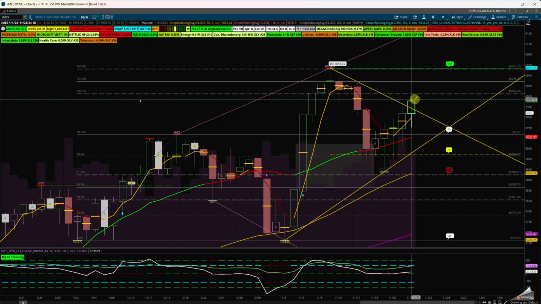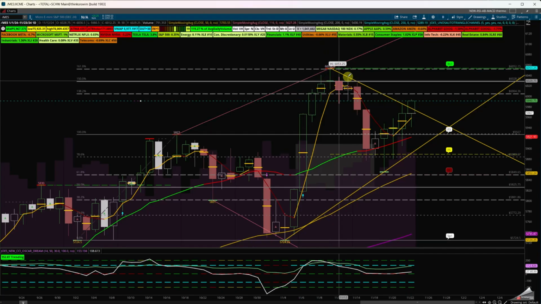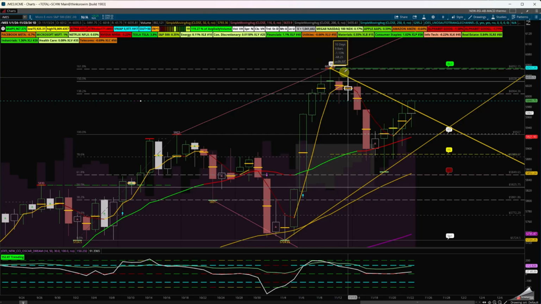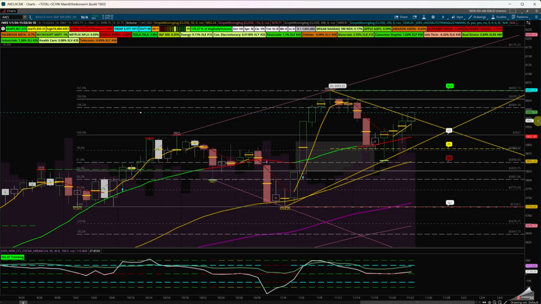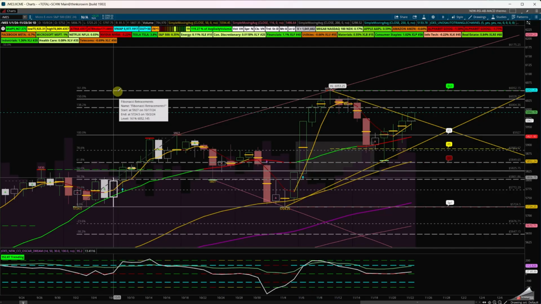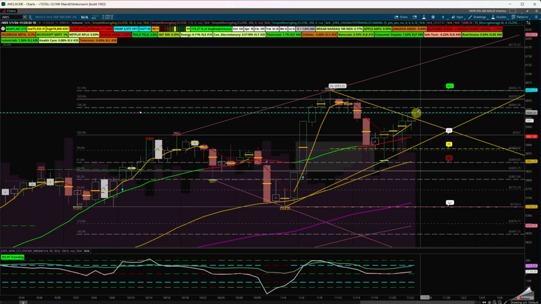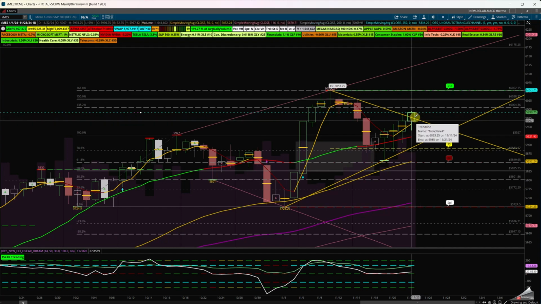Could it continue all the way up to break the 6,053? Yes. Could it continue all the way up to the backside of the linear regression channel? Yes. But remember, this is my last month range from high to low with the extension 138, 150, 161. Is there a possibility of continuation back to retest this area? Yes. I'm not sure. I'm not bearish unless the trend does change.